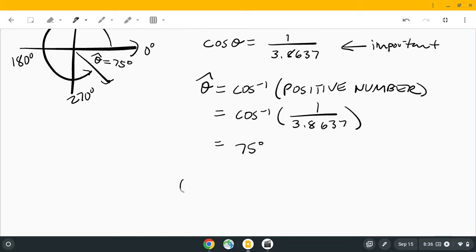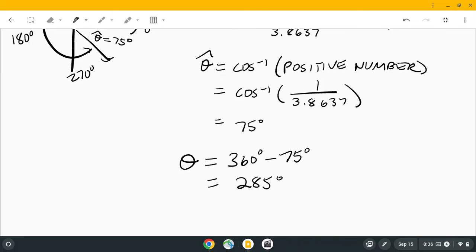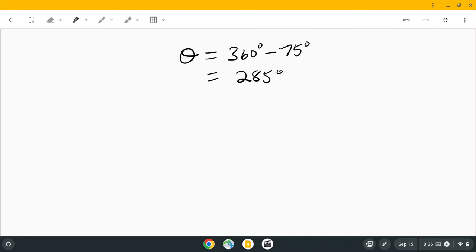So in order to find the actual theta, which is that big angle, non-acute, we're going to do 360 minus that 75, and we get 285 degrees. Okay. I'm going to have you try one. Let's make sure you understand it before you try some of the homework problems. Okay, so find theta to the nearest degree